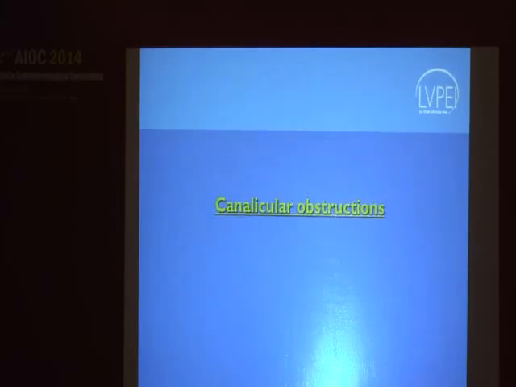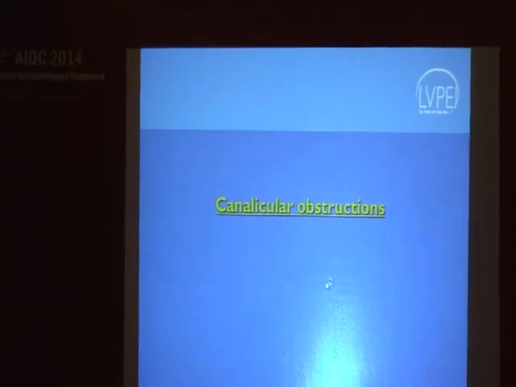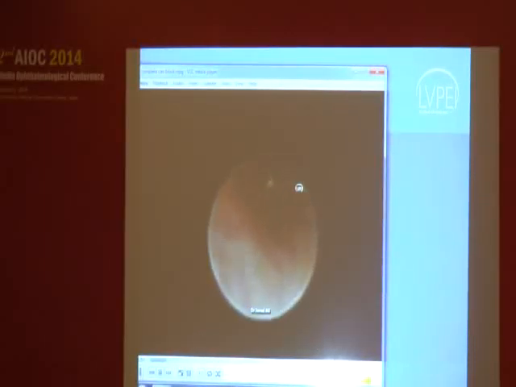I'll just very briefly take you through the videos of how a canalicular obstruction actually appears. If you can see, this is how the canaliculus appears. It's very important not to touch the endoscope to the canalicular wall, because it may suddenly start bleeding. A very good indication is, at the end of it, there will be a lot of folds, like an accordion kind of tube. So you should be very careful when you go in.